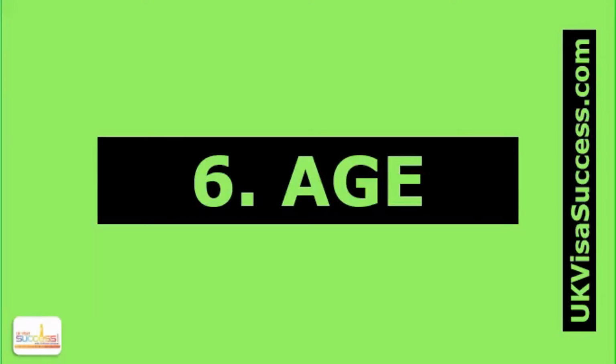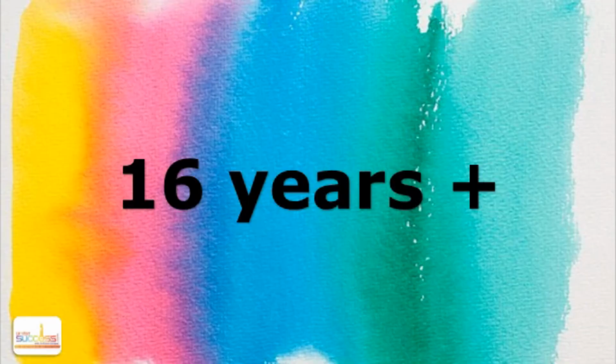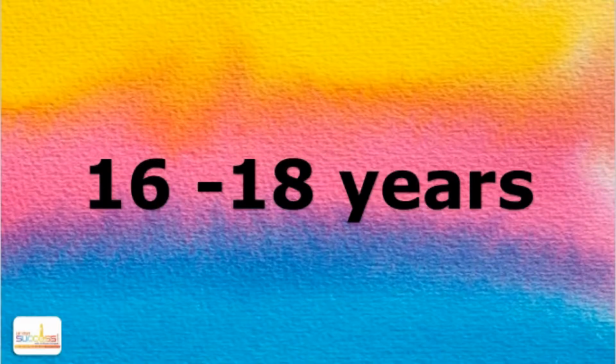Requirement number 6, the age. In order for you to apply as a tier 4 general student, you will need to be at least 16 years old. If you are between 16 and 18 years old, your application must be supported by your parents or legal guardians, or if you have only one parent who has got sole responsibility, then it has to be supported